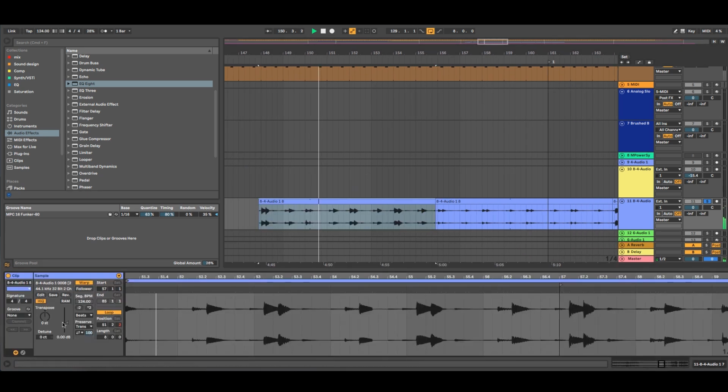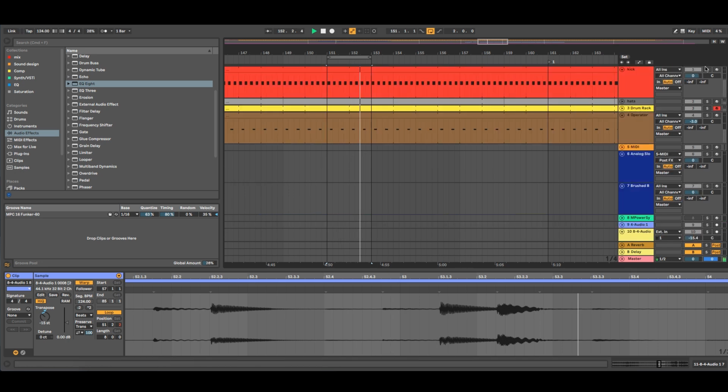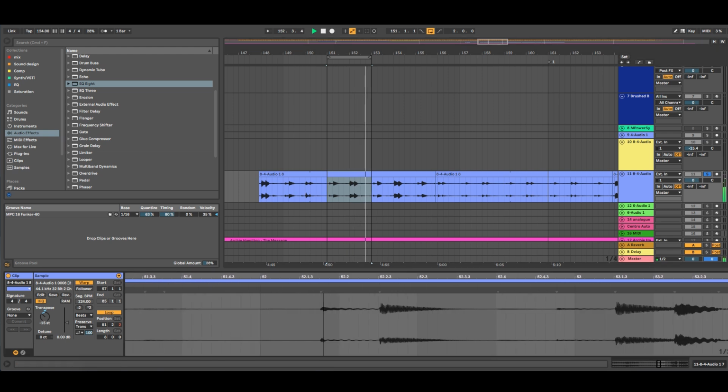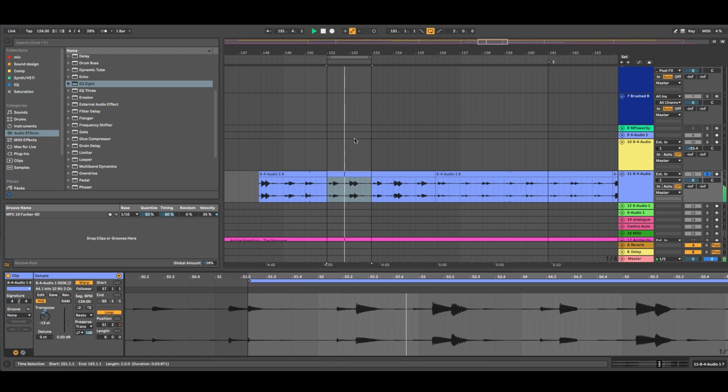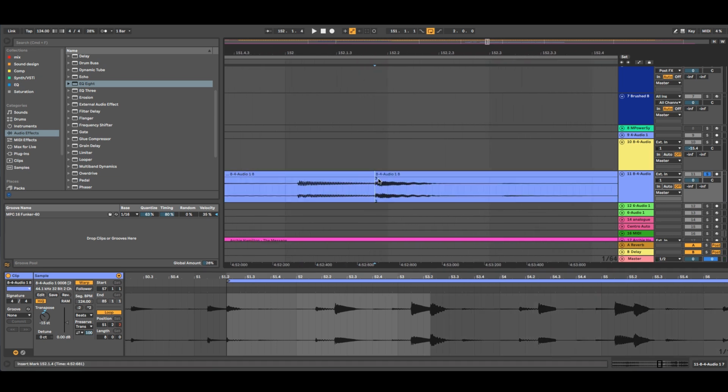It's really bizarre. That's like a bass line right there. Remove this part.